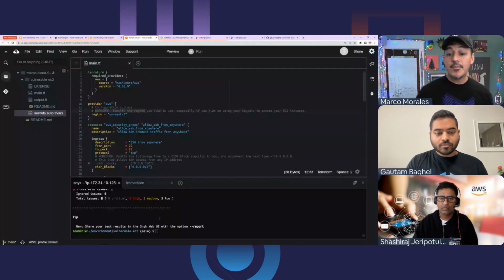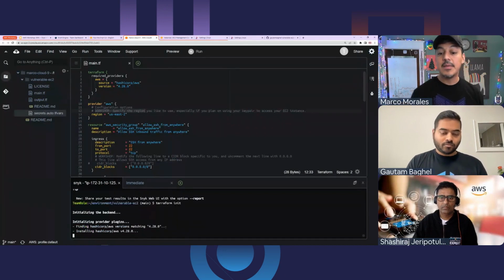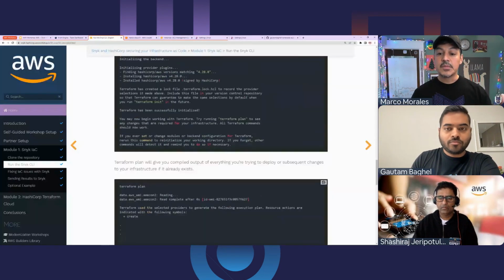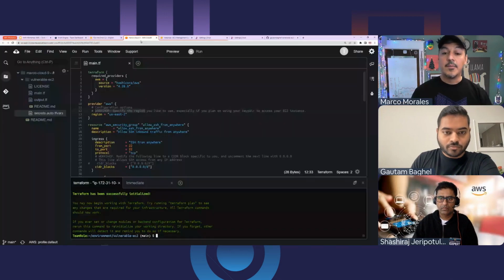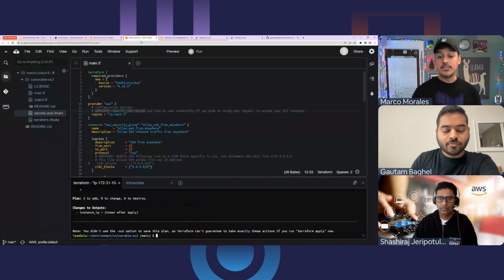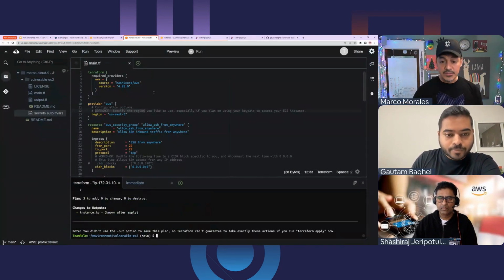This is not a Terraform tutorial, but I know that one of the first things I'll do is run a Terraform init command to initialize my environment and get it ready. There's a whole structure; Gotham will probably give you a lot of details of what that means, but I know Terraform init is the first one. The next one is I'm going to do a Terraform plan. Terraform plan is going to read my definition and let me know here is what we intend to do as we get things working. And so everything's working out fine.